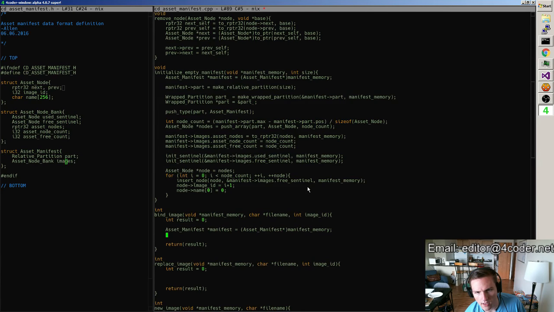We get the manifest, blah blah blah. What do I want? I want the manifest's asset nodes, basically. I want the asset nodes, which is going to be asset node pointer, the manifest's images.asset_nodes